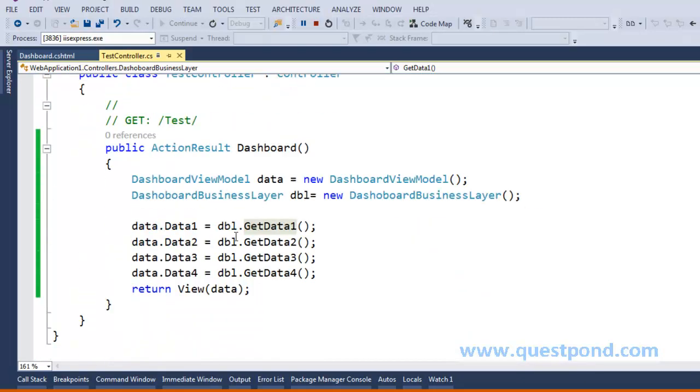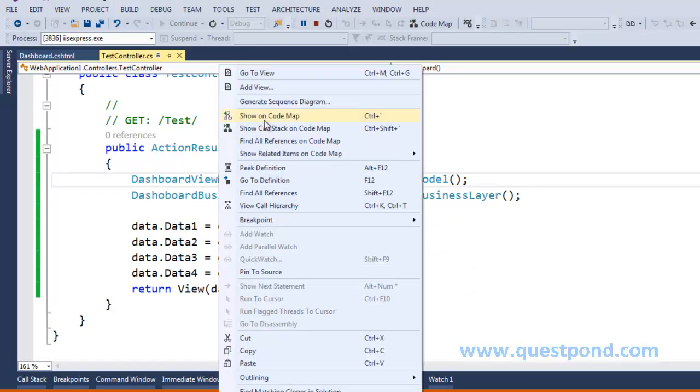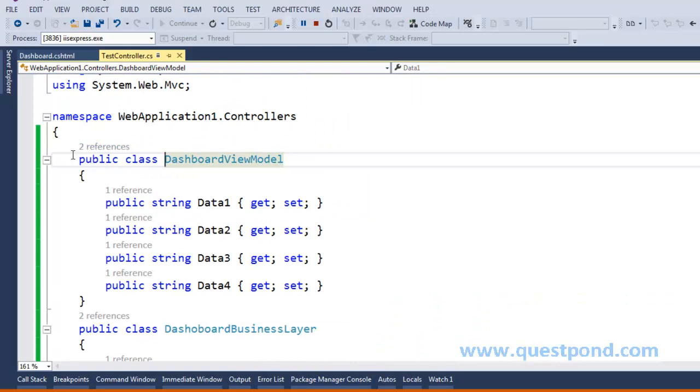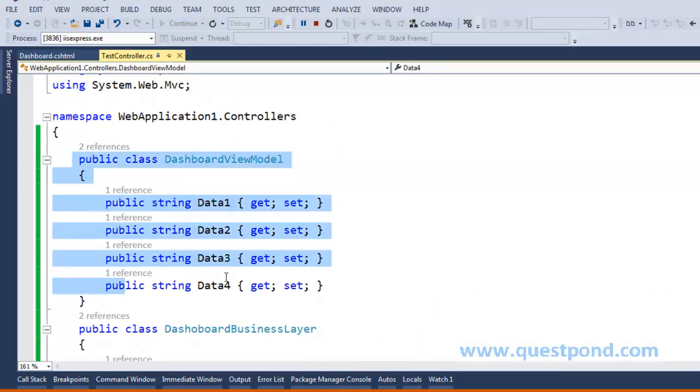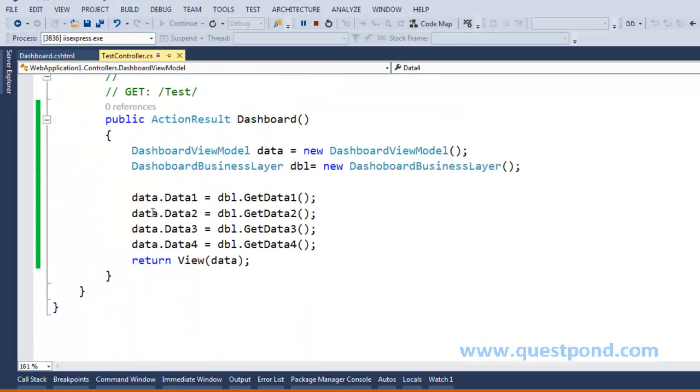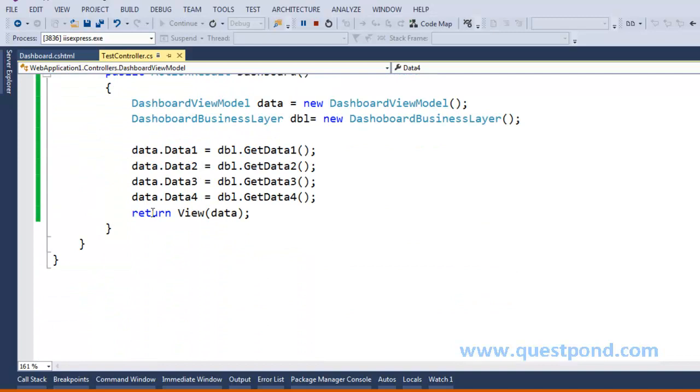Now let's come back to the controller. Let's right click this dashboard view model and say go to definition. As you can see, this class dashboard view model contains simple 4 properties of type string. Now let's get back to our controller and see what else is written here.